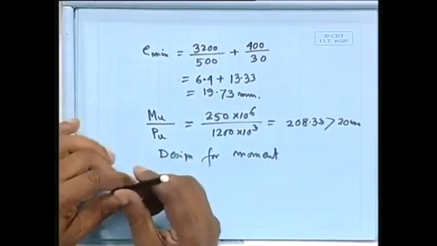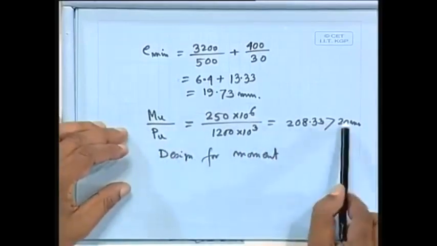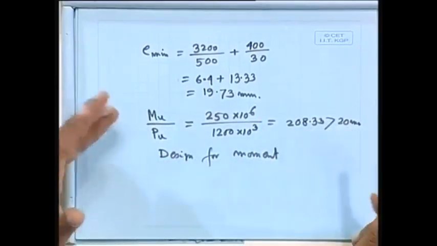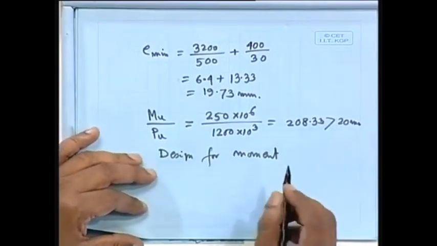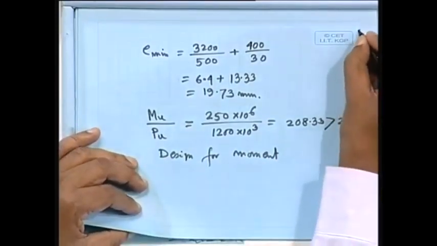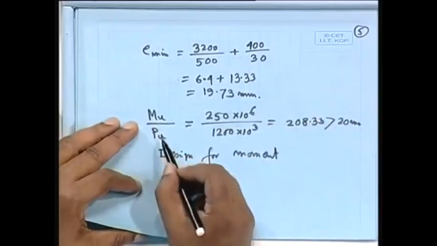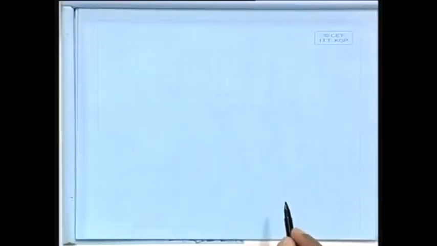Even Mu is specified, even then if we check it that Mu by Pu is less than 20, then we can simply go as I say your axially loaded column. But anyway, it is quite high, so you have to design for moment. So what we shall do it here, Mu and Pu. So let us find out